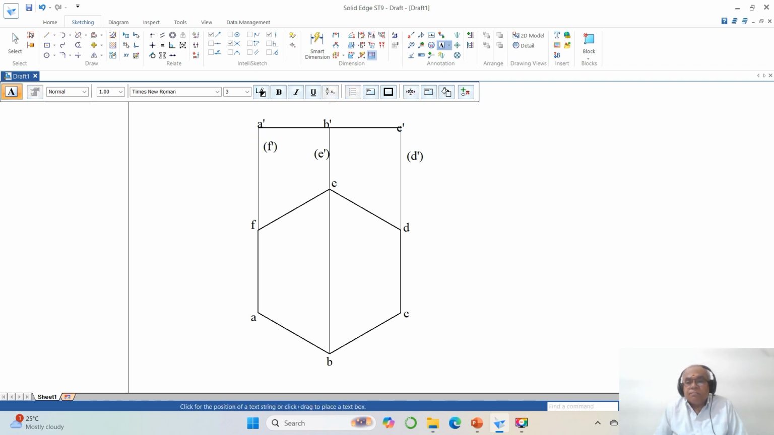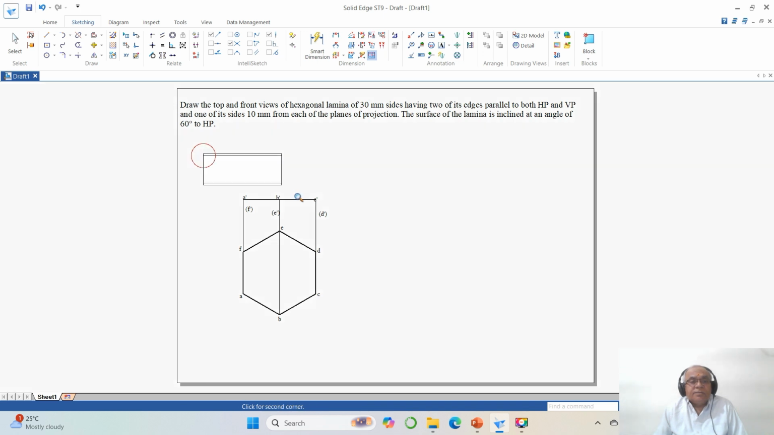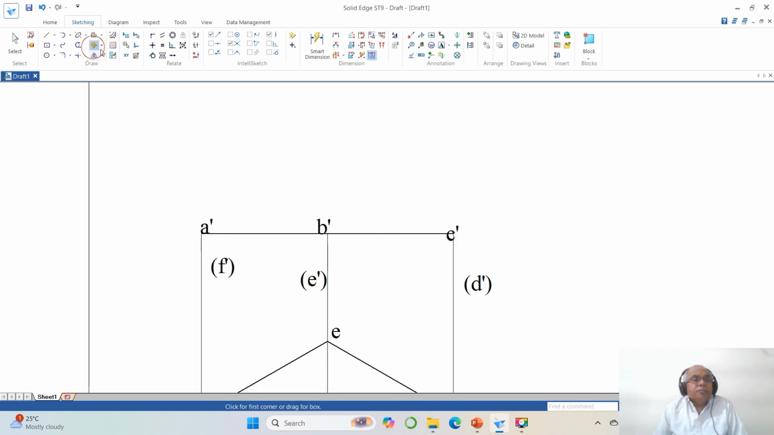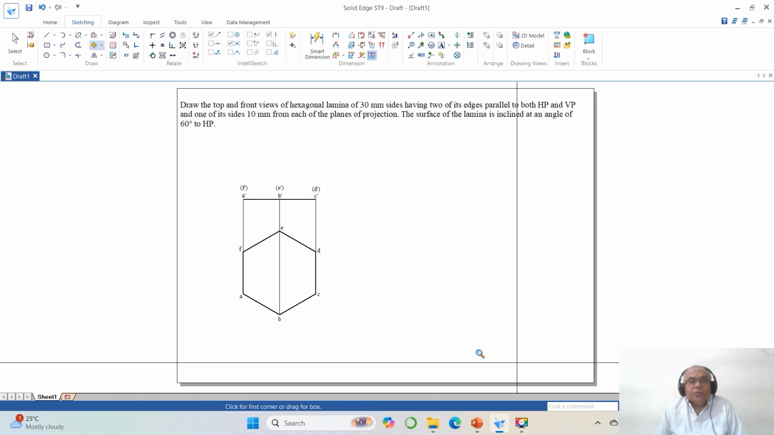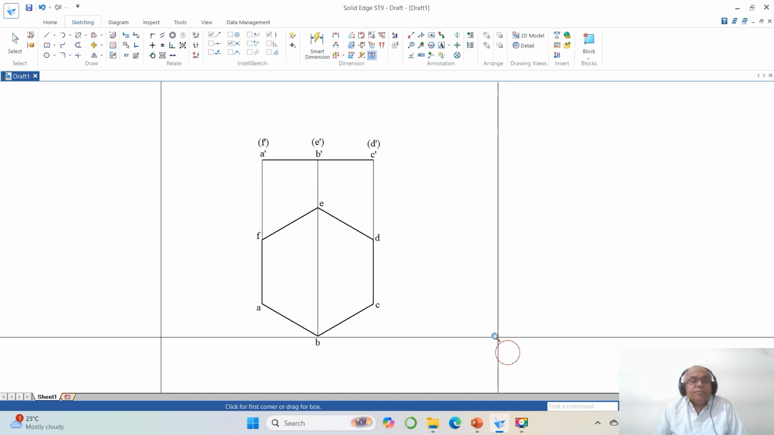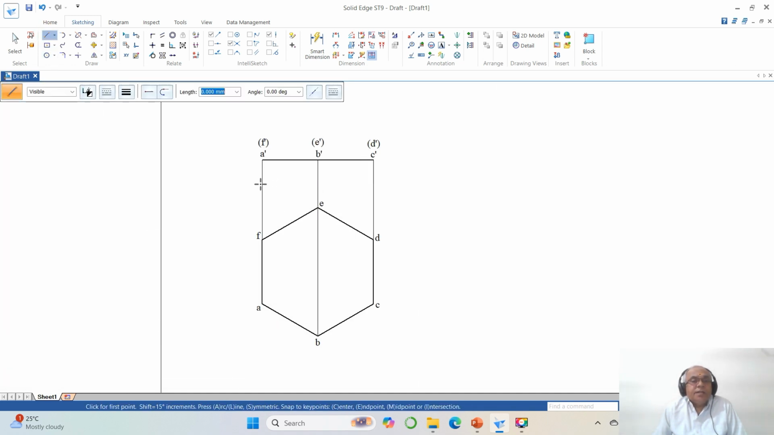Then go to fit, go to move, these are zoom window, go to move, take A dash, take B dash and you take C dash. Okay, similarly you take D dash, then E dash, then F dash. So once this is over, now you go to extreme left corner, take endpoint and draw a horizontal line